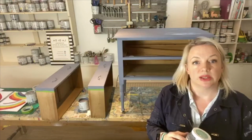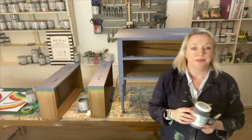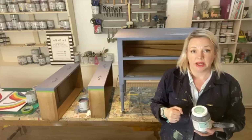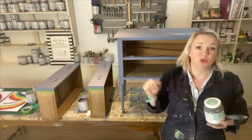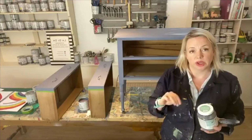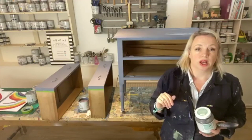Jan said, I found the wax easy to apply, but I really couldn't bring it up to a nice sheen. Should I use an electric buffer? What I would do is, after you've waxed it, leave it 24 or 48 hours, and then it's time to really exercise those arms. Yes, you could use an electric buffer if you wanted, but I think actually it's the curing time that you want, so leave it 24 or 48 hours and then really start to buff it up